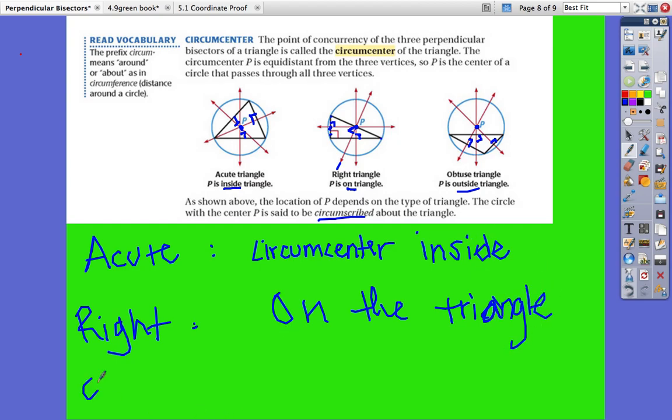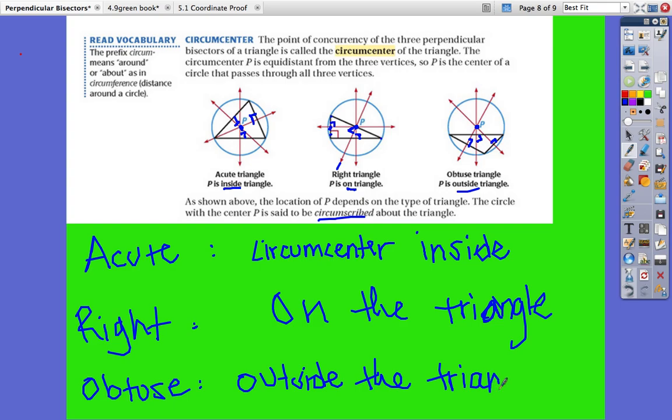And obtuse triangles have it outside of the triangle. So here it's inside for an acute, here it's on the triangle for a right, and here it's outside of the triangle for obtuse. Great, and that's it for 5.2,